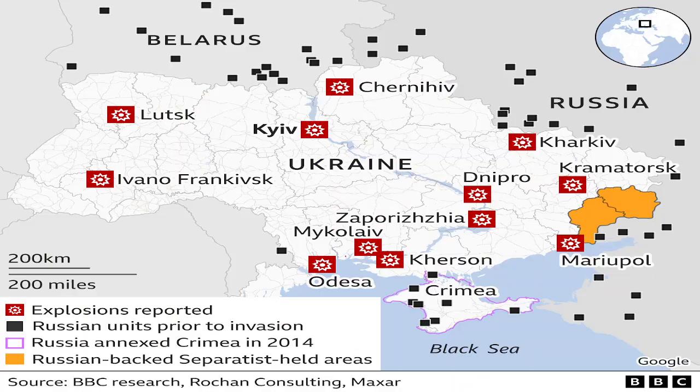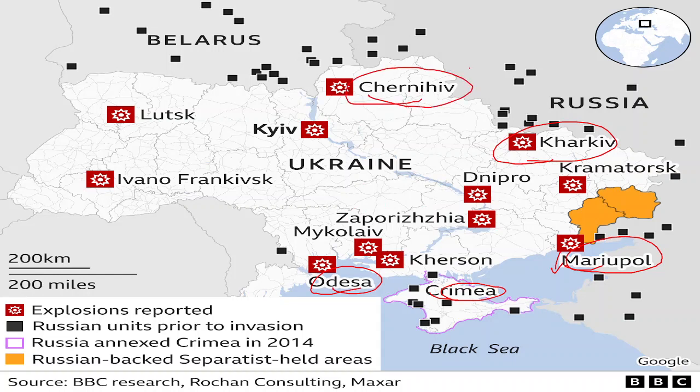Here you can see the important cities: Odessa, Crimea, Mariupol. This is the largest city, where the fierce battle is going on in Mariupol. Everybody has heard of Kharkiv. You might have heard about the Kharkiv. And this is Chernihiv. These cities are hugely bombed by Russia: Chernihiv, Kharkiv, Mariupol, Odessa. Though Odessa is not hugely bombarded, Odessa also.